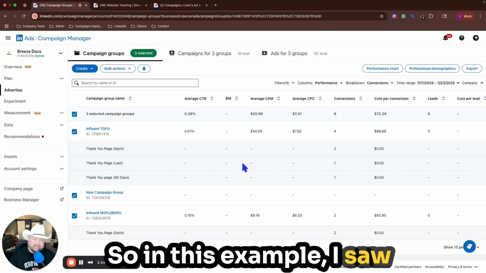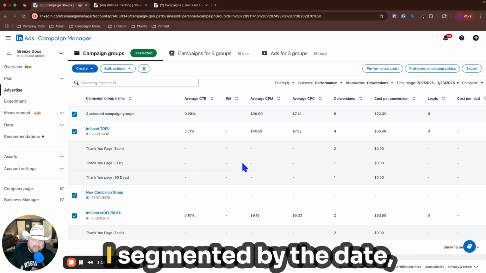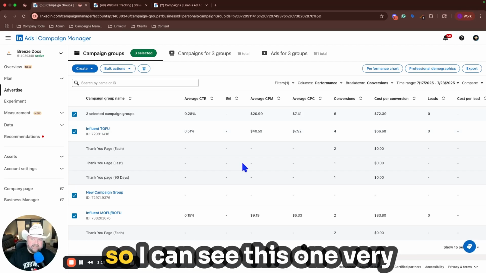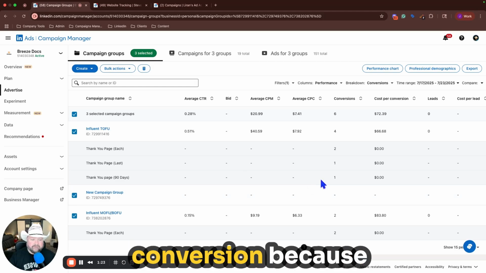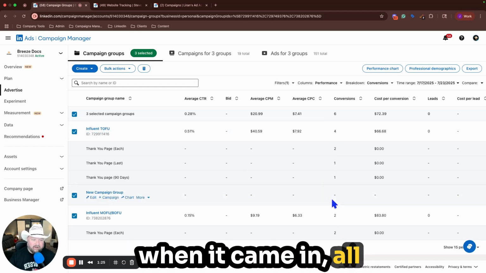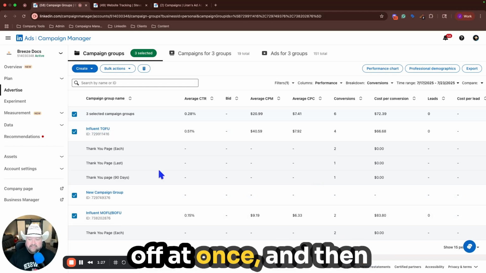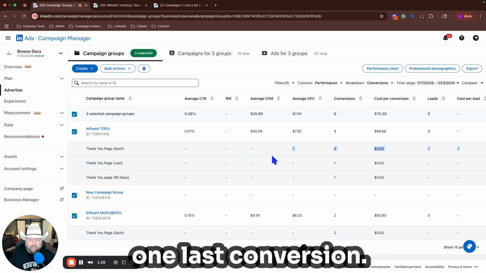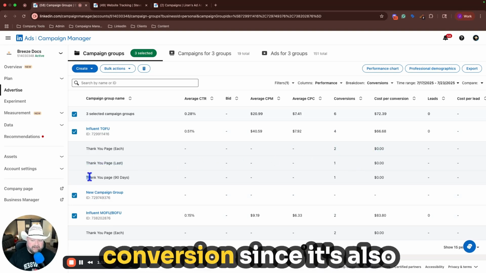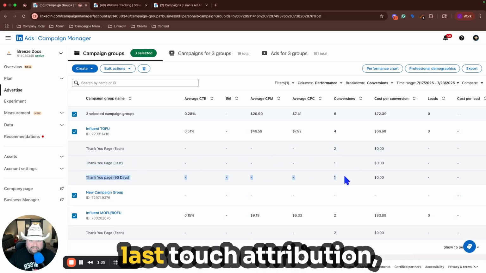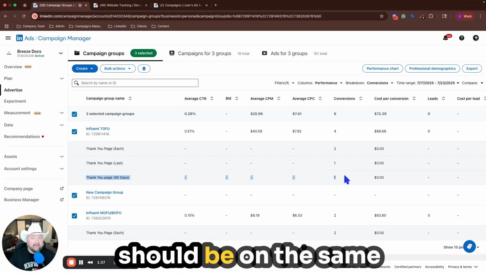So in this example, I saw a conversion come in. I segmented by the date so that I can see this one very specific conversion. I know that it was one conversion because when it came in, all these conversions fired off at once. And then you can see there's only one last conversion. Now, if this worked correctly, my 90-day conversion, since it's also last touch attribution, should be on the same exact